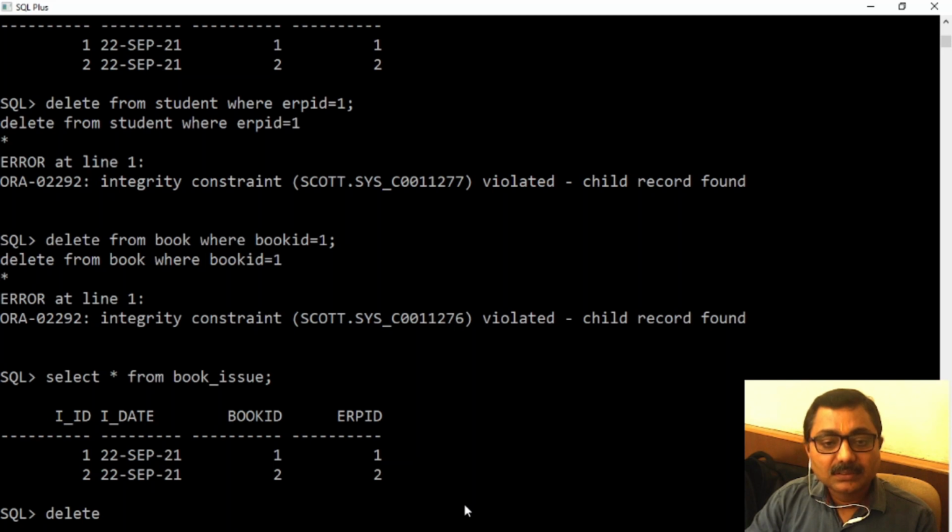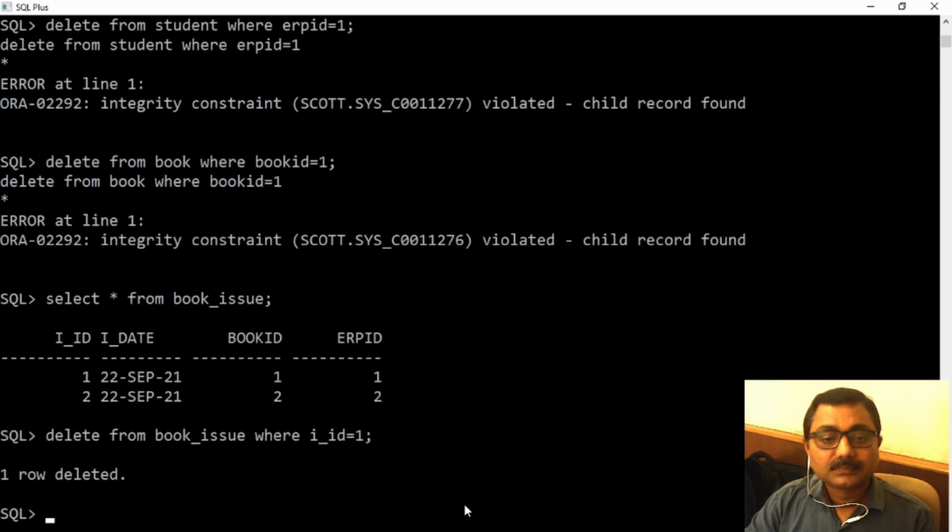Delete from book underscore issue where IID, meaning issue ID, is equal to 1. Clear? So the corresponding record related to book ID 1 and ERP ID 1 is deleted, and there is no further related record.